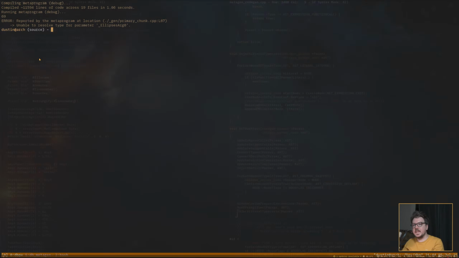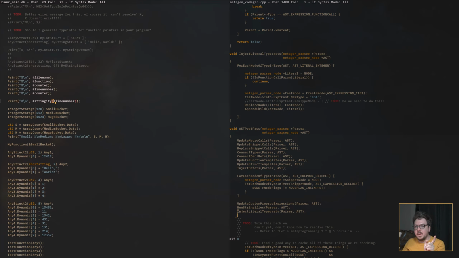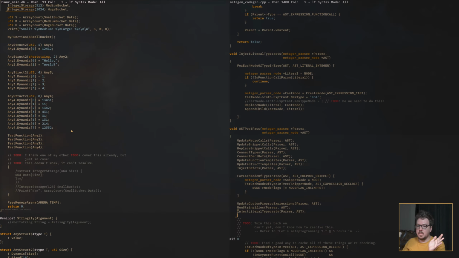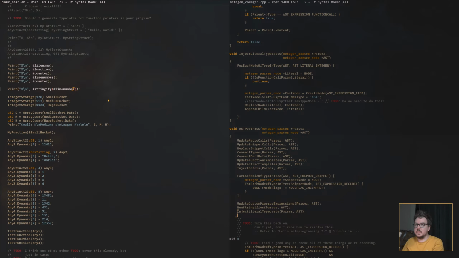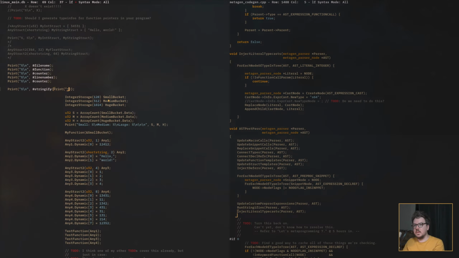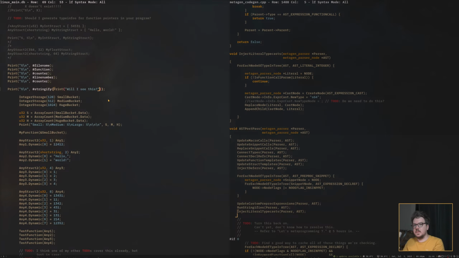But remember, we're printing this out by stringifying the line number node, which is great. That's fantastic. So if this is like a function call to, let's say, print this, will I see this? Does that work?